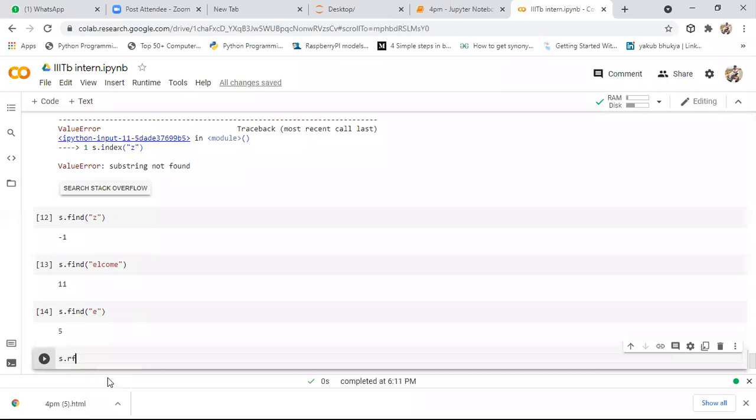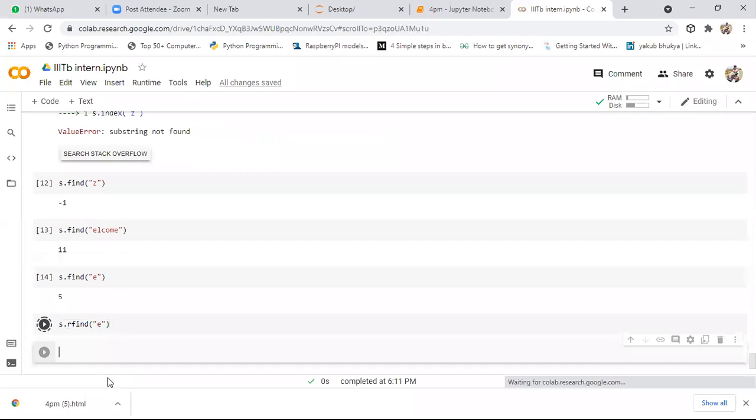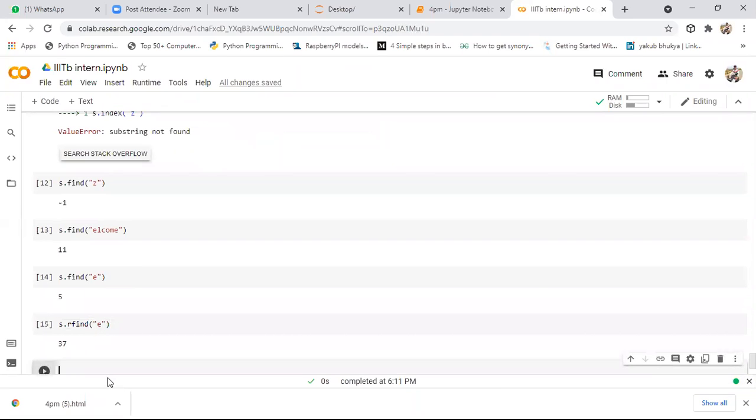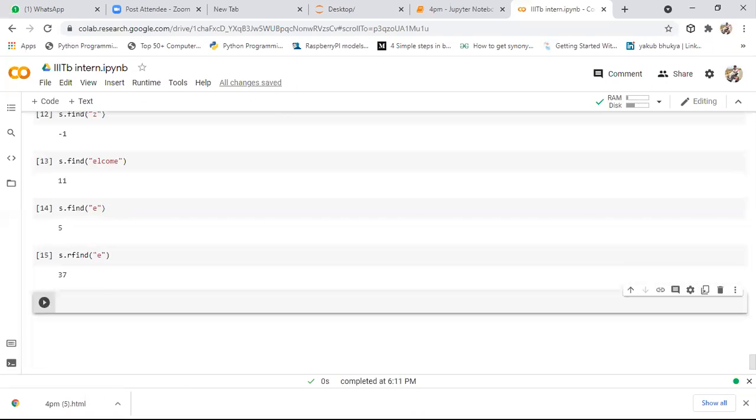Similarly, we also have the rfind method to check the index from the right side onwards. So remember guys, the difference between find and index is: if the character is not present in the string and you apply the index method, it will give you an error like substring not found. Whereas if you apply the find method, it won't throw the error. In place of an error, it will give -1 as an output. That is the difference between the find and index methods.